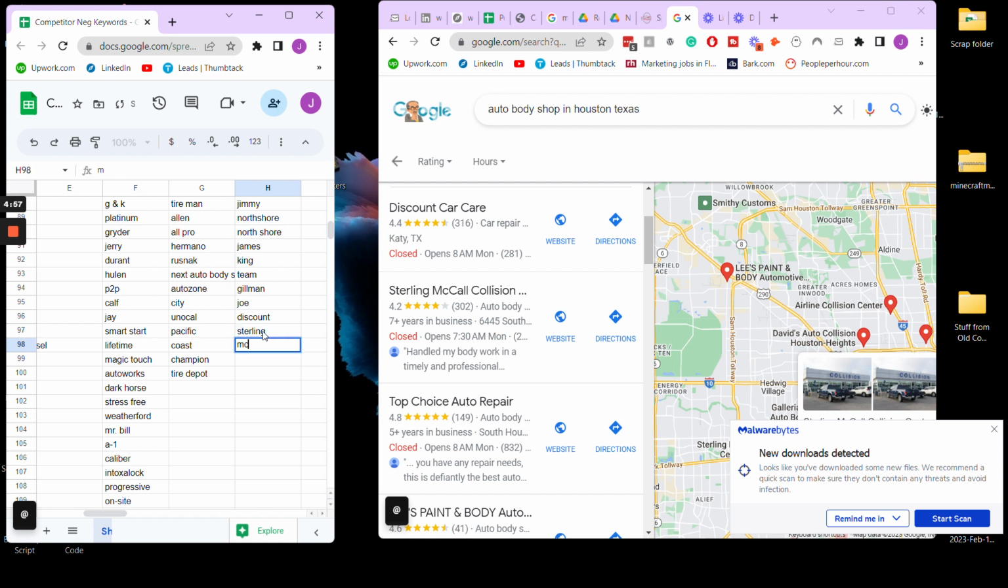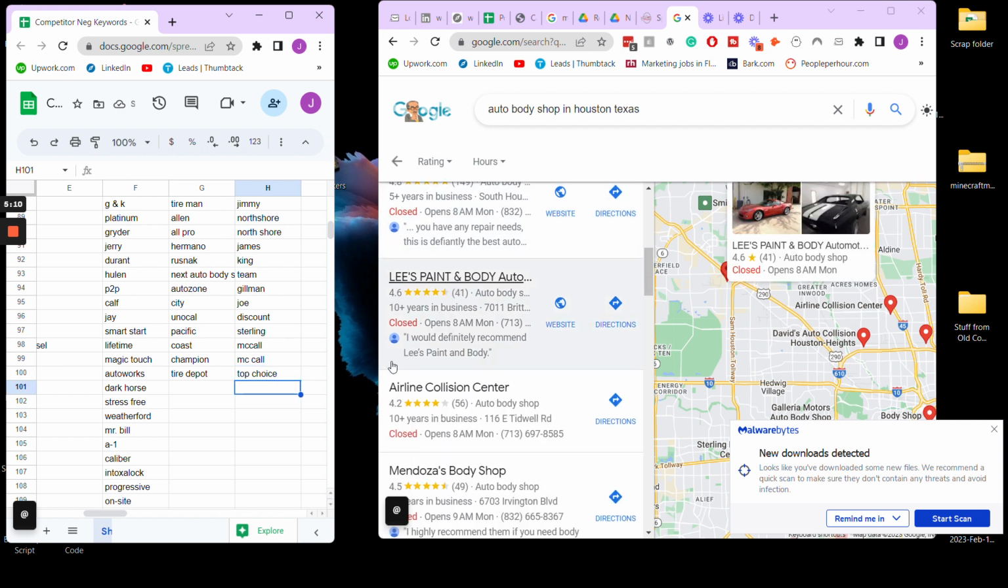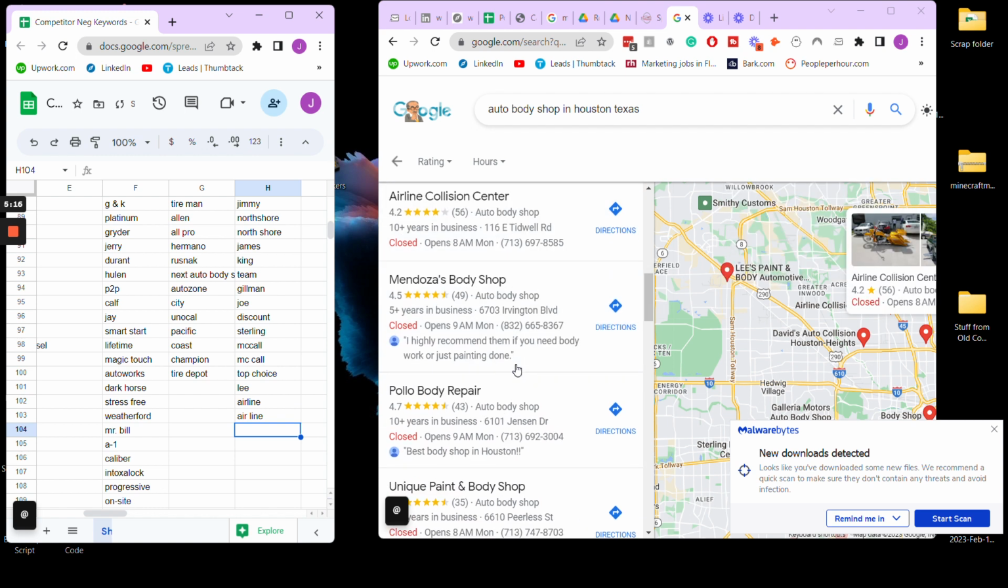We're going to do Sterling. We'll do McCall. Do Mick call like that. We can't do top separately and choice, but we can put it together, top choice, because that is then the brand. So you want to break that up. We can do Lee, we can do airline, and then air space line, Mendoza,